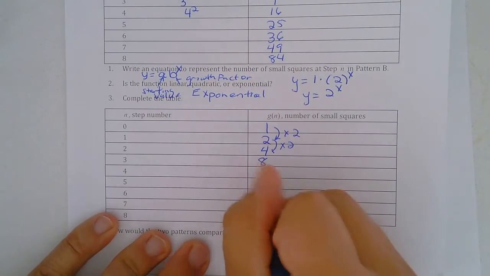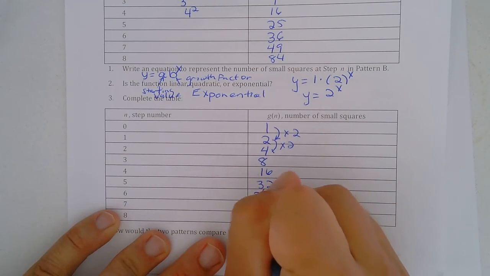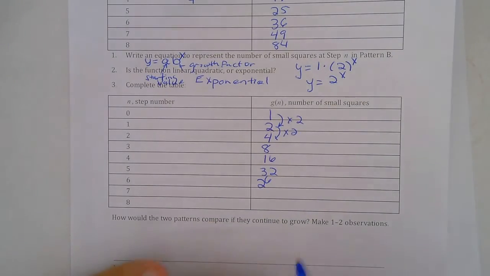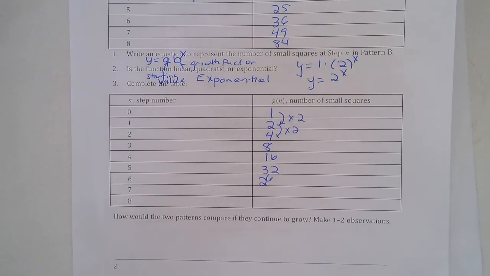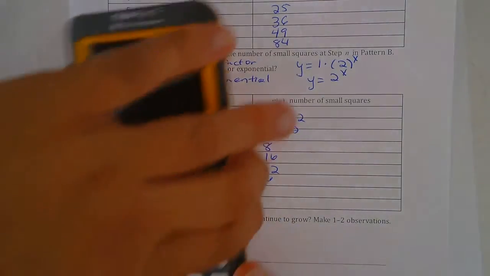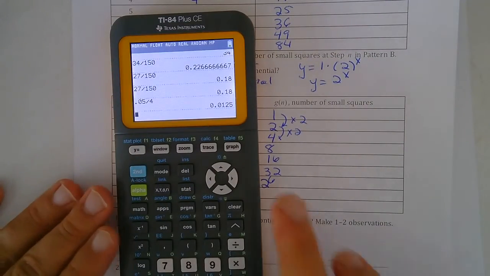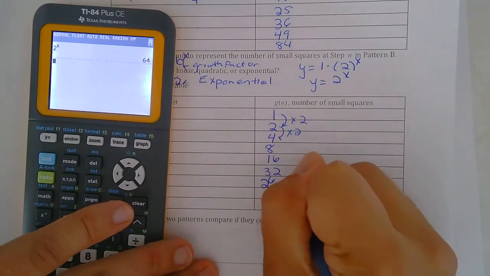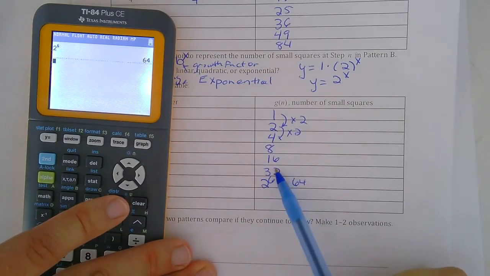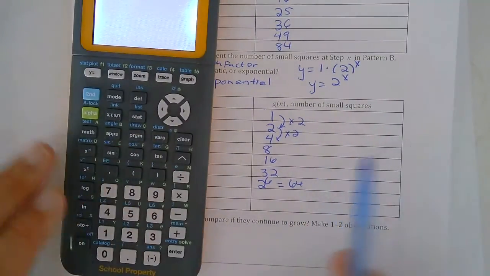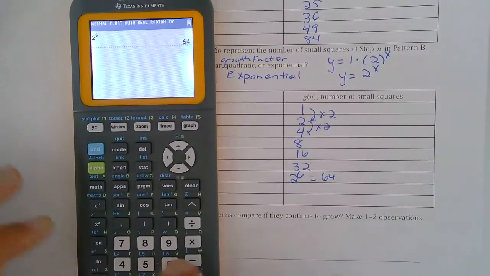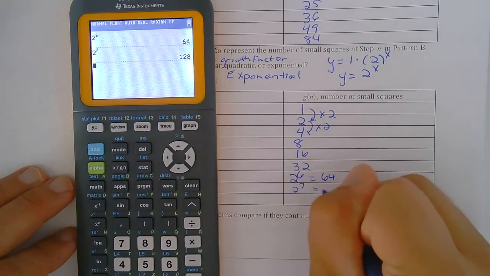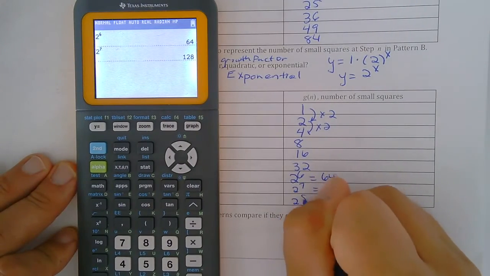So here we could write this as 2 to the 6th power, and you could work that out with a calculator if you wanted to. So to fill this in, you just put in 2 to the 6th, which is 64. And you notice I could have also gotten that by taking 32 and multiplying by 2. So to get the 7th one, we can go 2 to the 7th, which is 128. And 2 to the 8th,